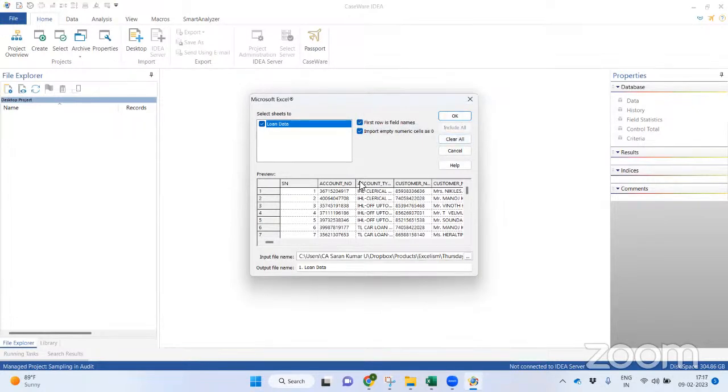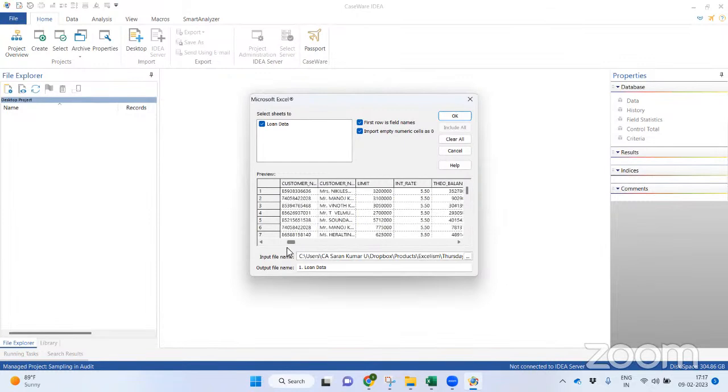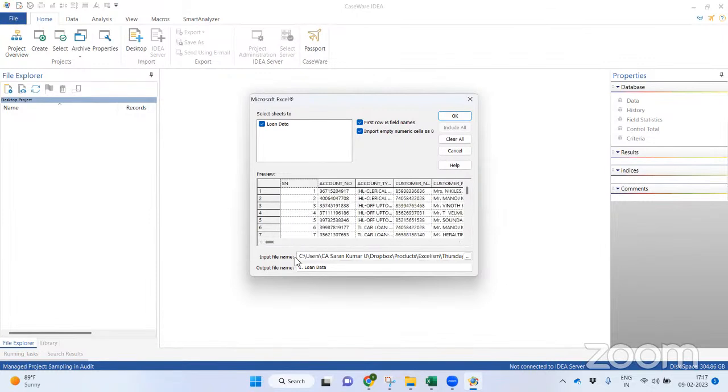Whenever I select a column or anything, you can just go and check it out. This is a small preview you can identify. You can see whether all the columns have been properly imported or displaying or not. And this is the loan data. I don't want this one space, so I just kept it as loan data. This is the name of the file which will display, right? If I click OK,